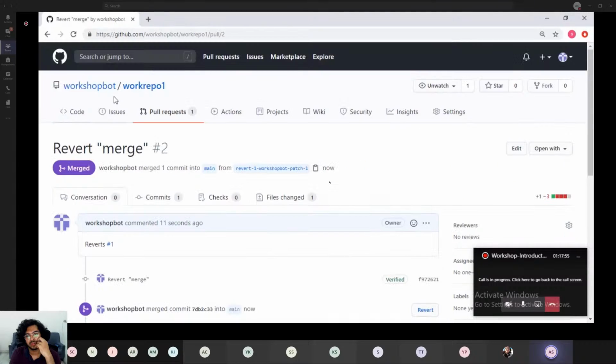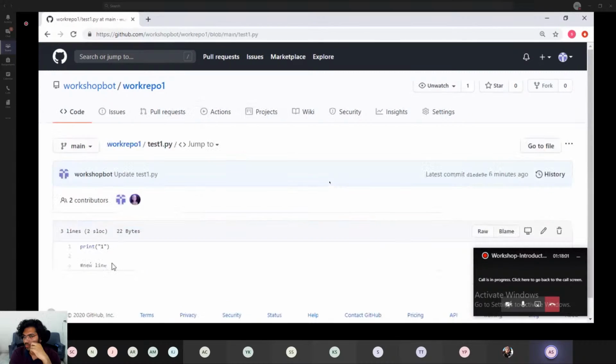Now when I go back to the main repository, you see, this went back to the original, before the previous version. Print one and only new line. There are no more characters here. So version control is important because you can revert changes. As you can see, for an application, many versions are created. So if there is a bug or a problem in the newly created version, which they find out later, they can easily revert those changes and go to the previous version.